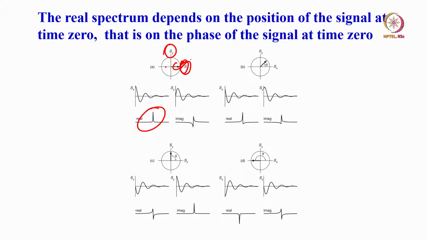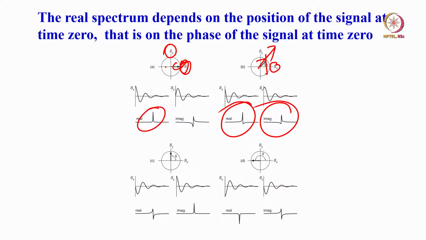If on the other hand, my receiver is here and the signal is somewhere here, what will happen? It has components of both x and y, cosine part and sine part present. So it is a mixed phase. The real part is not pure absorptive and the imaginary part is not pure dispersive. Both are mixed up. It can happen, but then it is a clumsy spectrum.